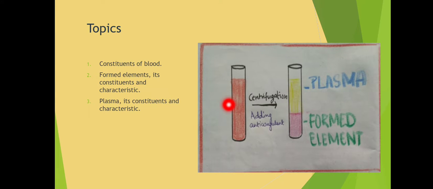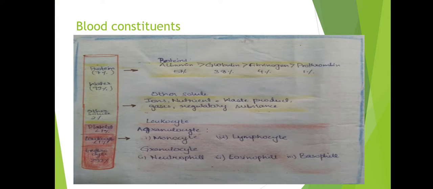First of all, if we take blood in a test tube and perform centrifugation by adding anticoagulant, then we can see the components of blood being separated, like plasma, which is the liquid matrix of the blood. It appears pale yellowish in color, whereas the formed elements include RBCs, WBCs and platelets. Now coming to the constituents,